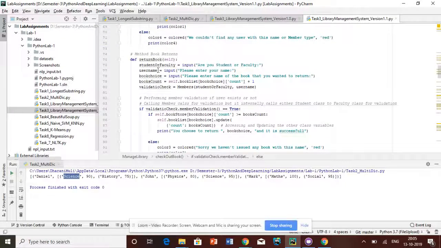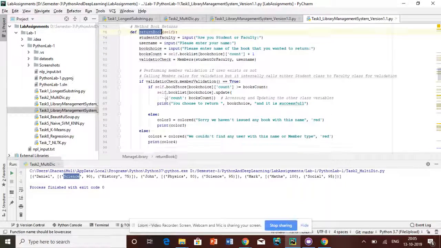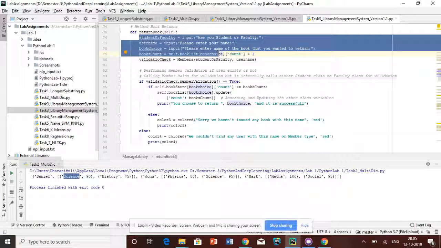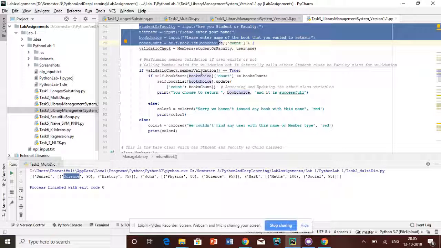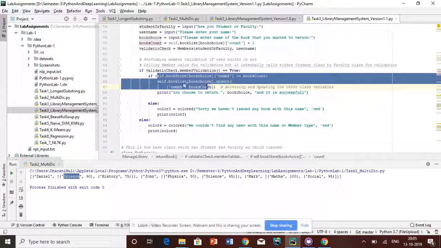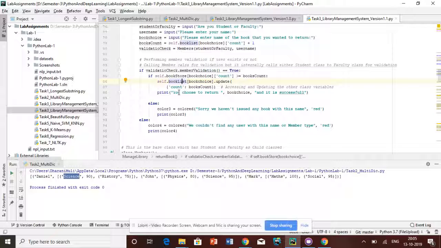And then the same with returning books. So I'm checking whether the user is available or not. If the user is available, then again here I'm doing one more validation: if I have really issued the book for this person or not. If the book is not issued for this user, then I'm just throwing an error that the book which you have